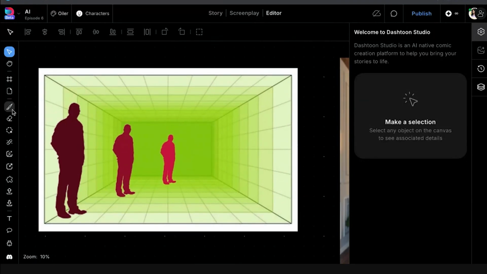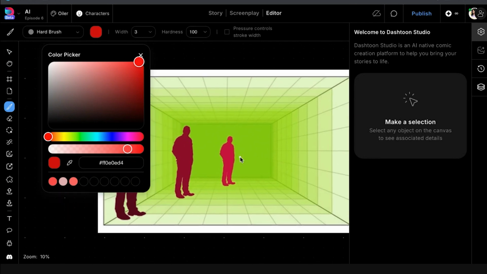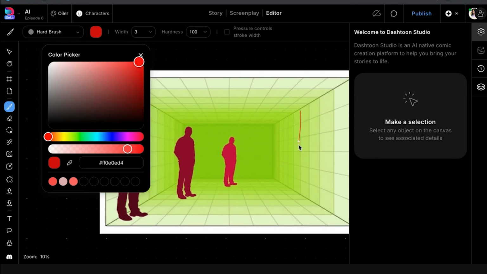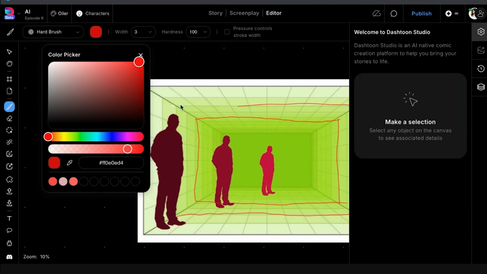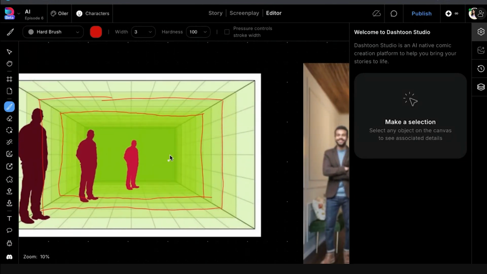Let's just take this part of the room. Between this region, whatever I'm marking right now, whatever I keep in this region,